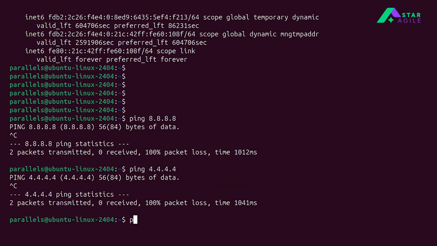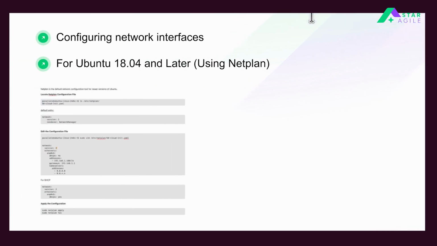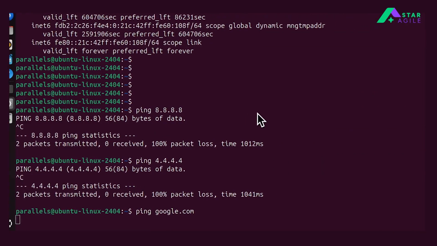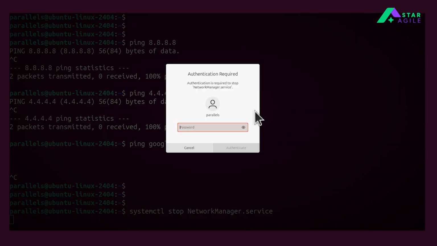Okay, currently it's not going through. Let me check the Wi-Fi that is there. Maybe we need to switch off the network manager settings, so we can do this. Connection: systemctl stop network manager service. Okay,